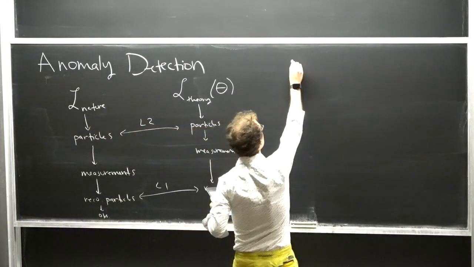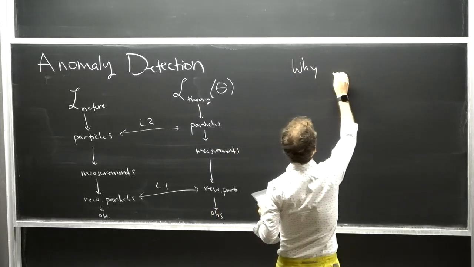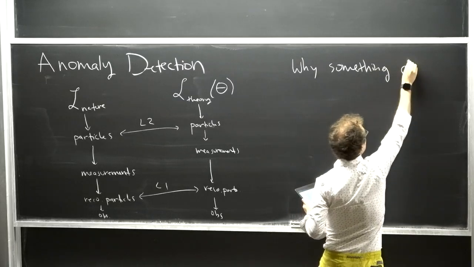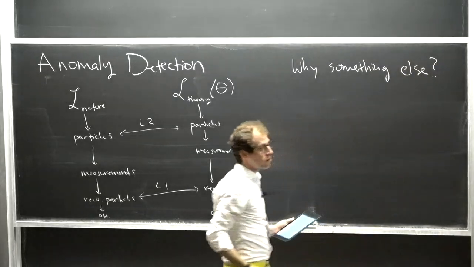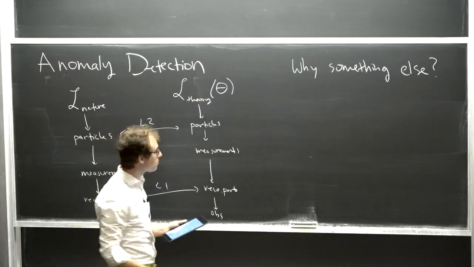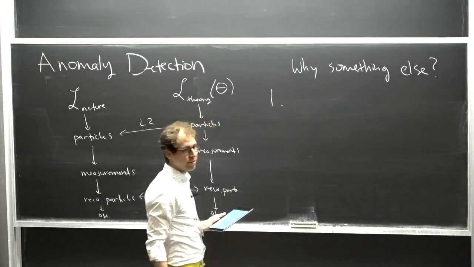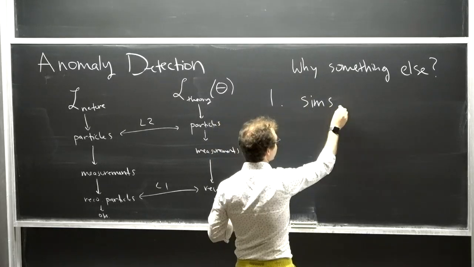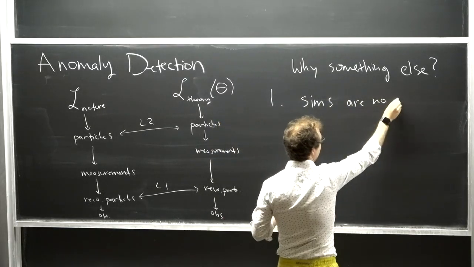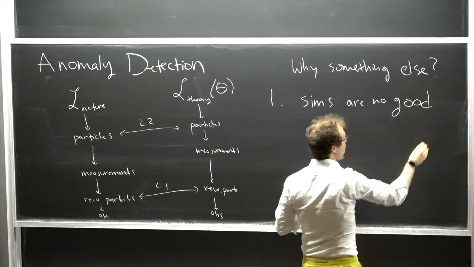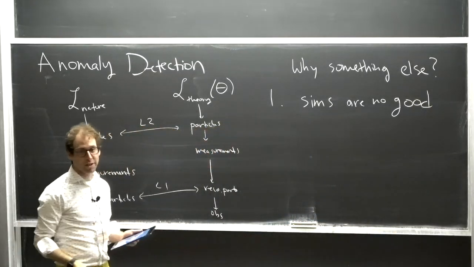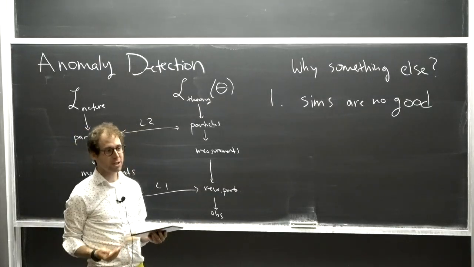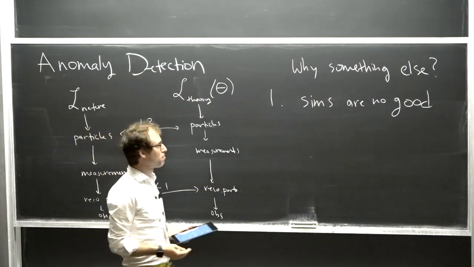So why do we need something else? My motivation is sort of threefold. One is the obvious one, which is the conclusion from the last 2 lectures, which is that simulations are unreliable. Our simulations are excellent, and in many regions of phase space, it's impressive the accuracy and precision we can achieve. But they're not good everywhere. Of course, all of our simulations are an approximation to nature, and so there are some regions where they're just no good.